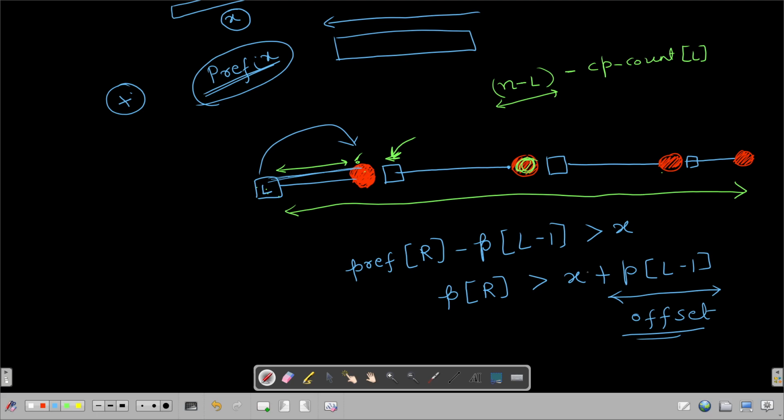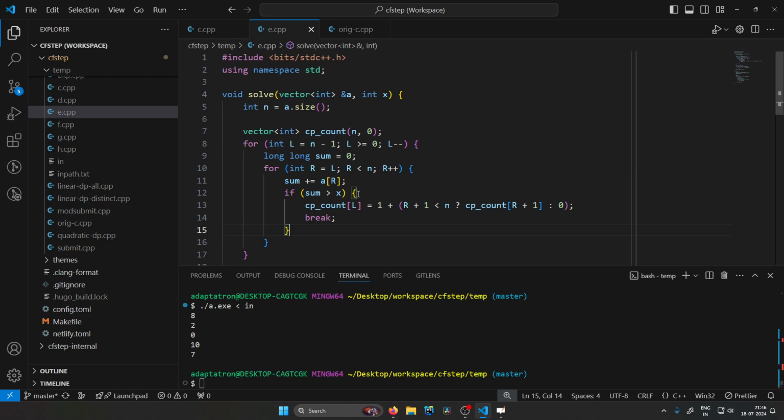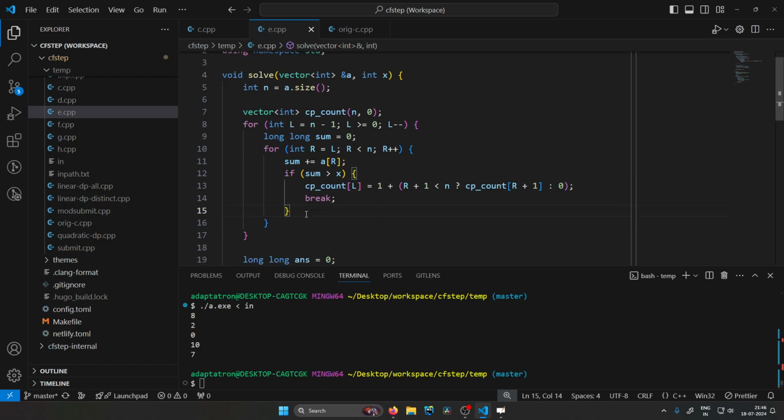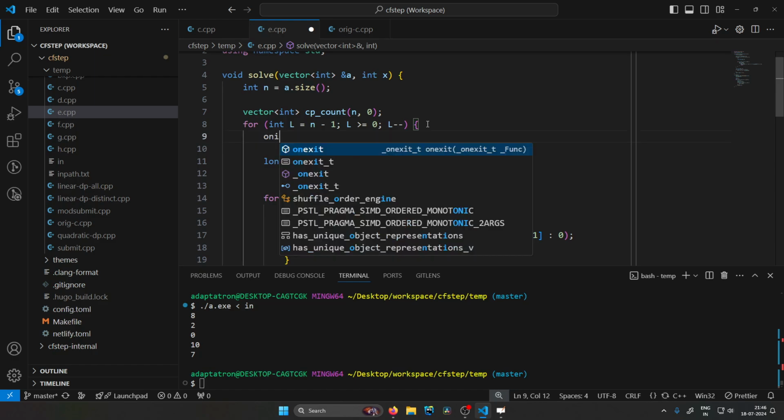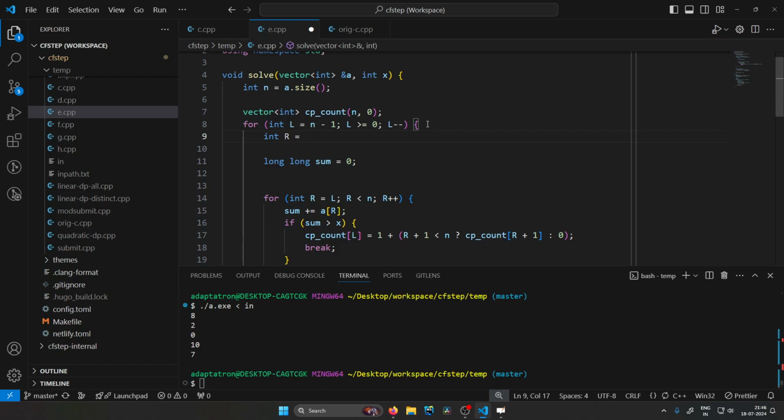So you need to find this location, and since this array is sorted, you can use the upper bound function. Why upper bound? Because you need to find the strictly greater than. So that is all we need to do to locate the first violating index, that is the first checkpoint. So what I'll do is I will remove this code from here, or let's remove it later. To find the first r, that is the first checkpoint,